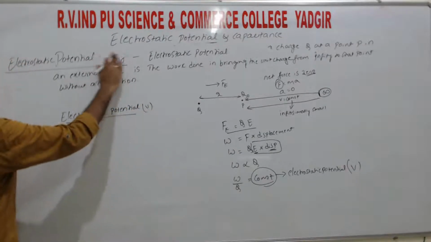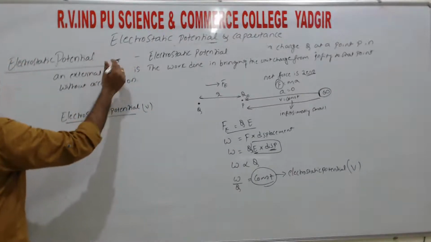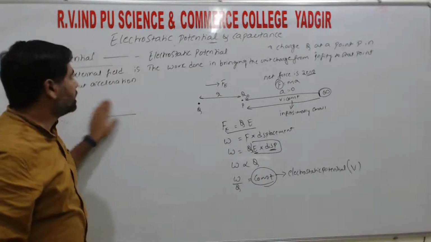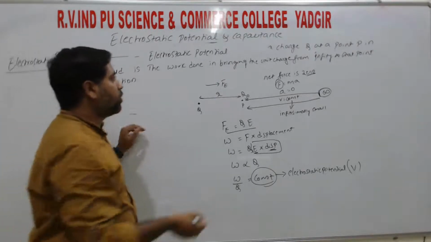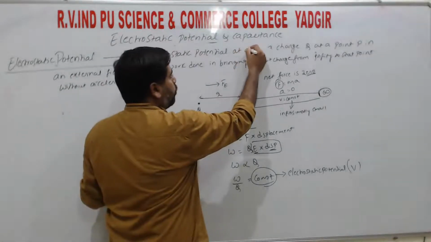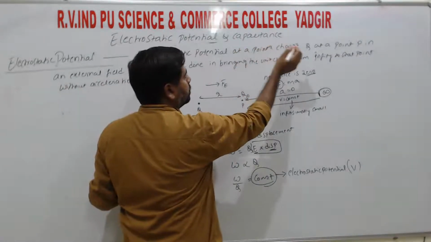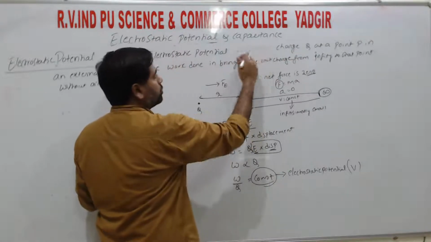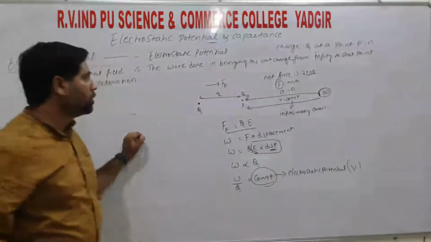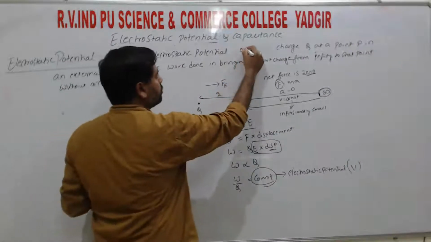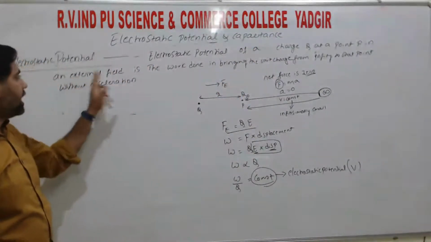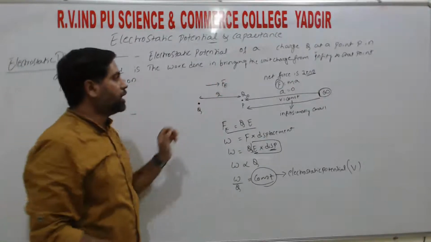So this gives the electrostatic potential. The electrostatic potential at a point P in an external field is the work done in bringing the unit